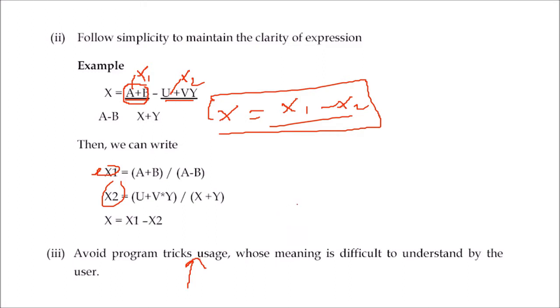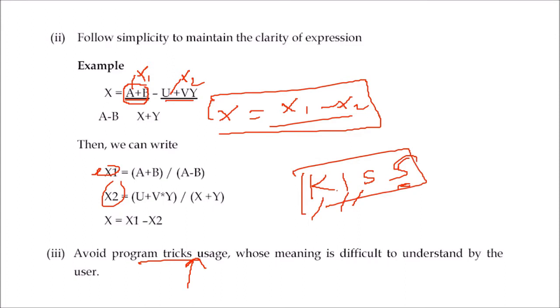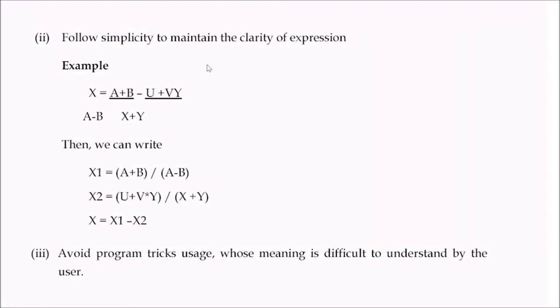You may be very good at programming, but just understand that your program is not limited to yourself. It will go around. Your bosses will see it, your teacher will see it, your friends will see it, and the people who are going to maintain it are going to see it. So just avoid program tricks. Make it as simple as possible. Just follow the KISS principle: Keep it simple. The S is for, it's a wrong word, but I should speak, keep it simple, stupid. This is a principle which is given for various things, and it is applicable for programming also. Just make it simple.